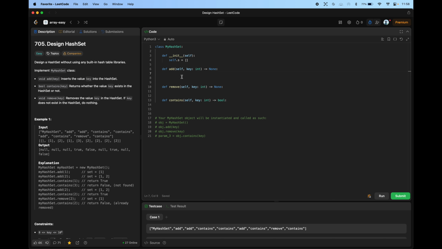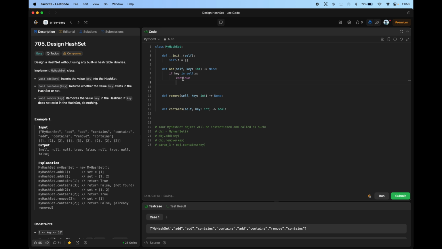If I do something like if key in self.s... continue is something which does not mean... if key not in this, then self.s.append. Okay,